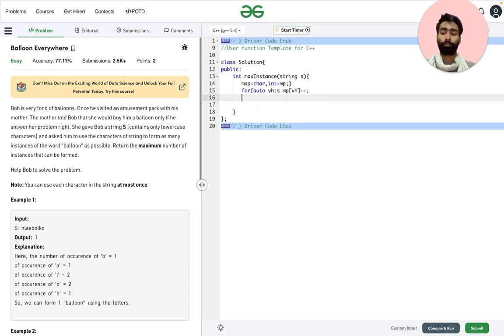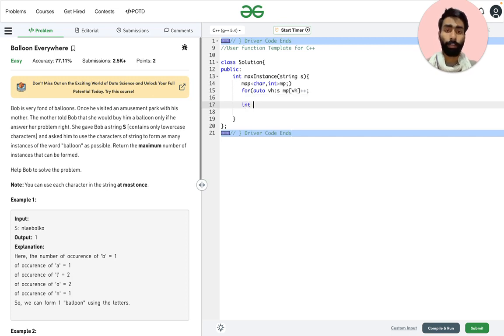Now we are given the strings, so we need to check if these are present in the strings.